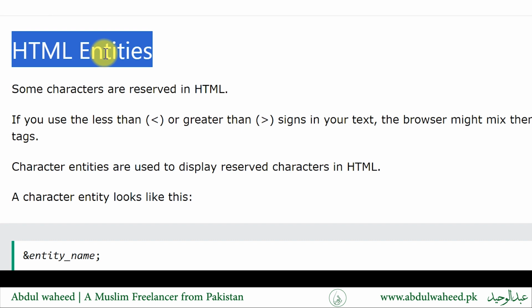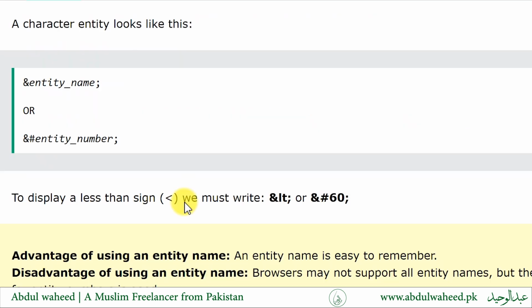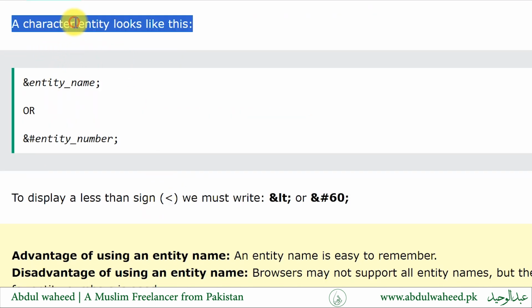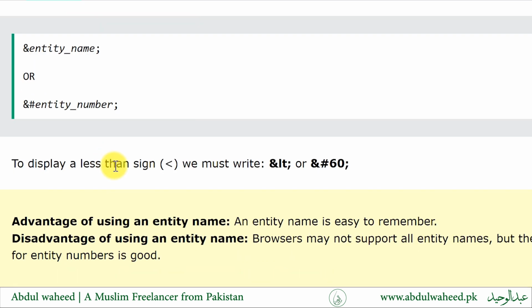Some characters are reserved in HTML. Reserved characters in HTML must be replaced with character entities. If you use the less than or greater than sign in your text, the browser might mix them with text. Character entities are used to display reserved characters in HTML. A character entity looks like this. To display a less than, we must write